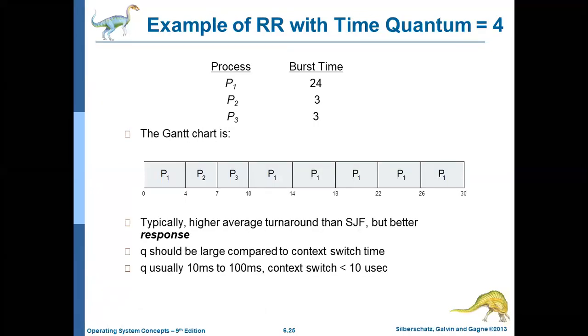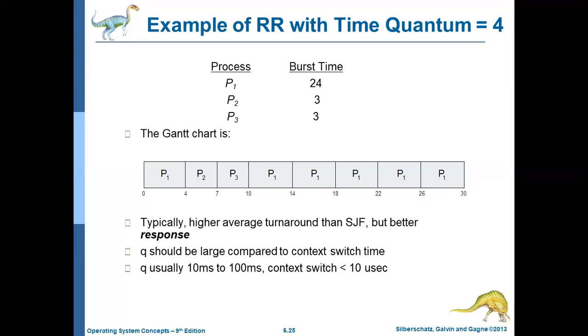Then the waiting time for P2 is 4, P3 is 7. Then turnaround times, because arrival times will be considered as 0. That's why 10 minus 4 minus 0, that is 6. 4 minus 0 for P2, for P3, 7 minus 0. Arrival times all will be at the same unit of time.